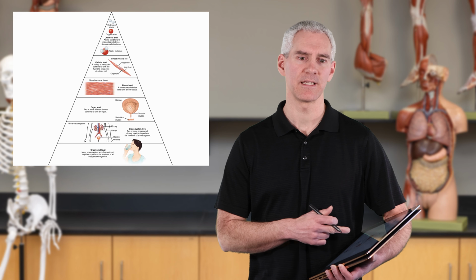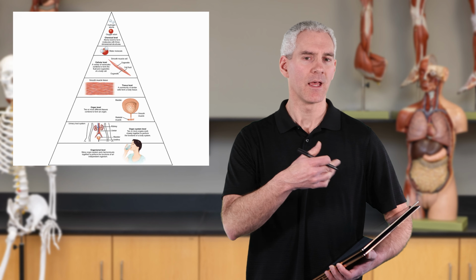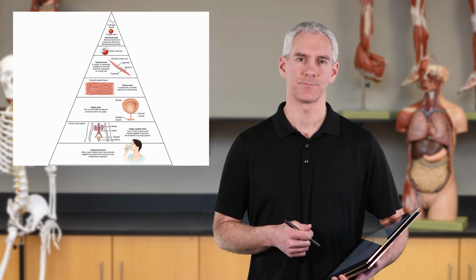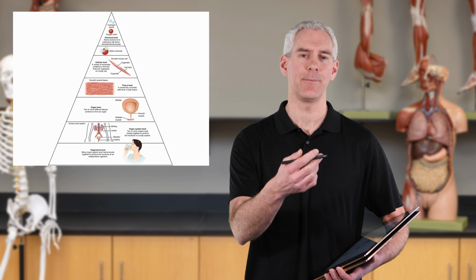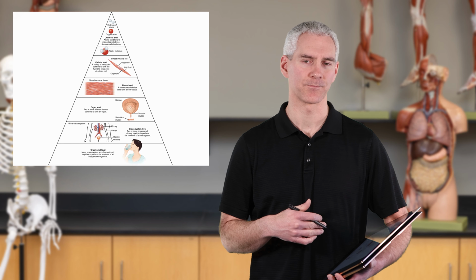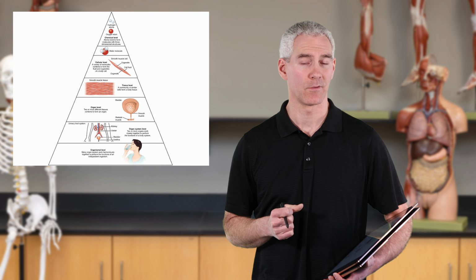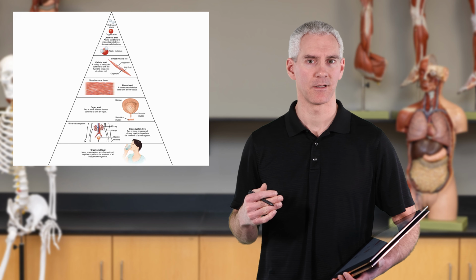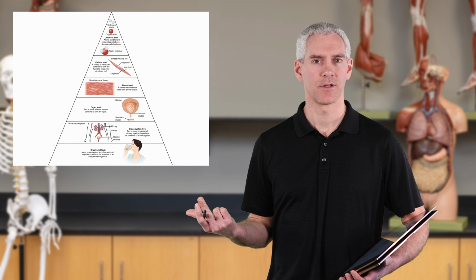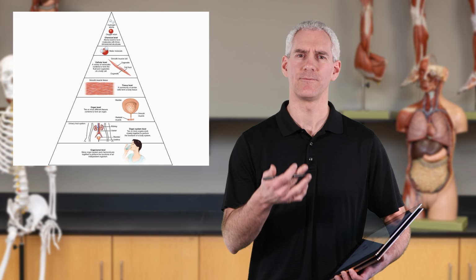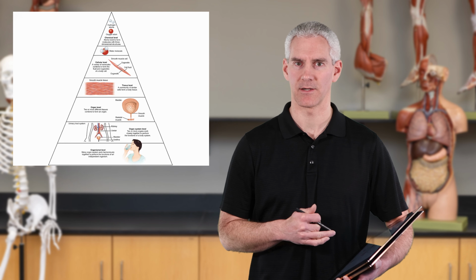So a little bit of organizational hierarchy. Here we have this kind of chart. Look at the very top, it's the chemical level. As you go from the chemical level working down, you notice heading down the chart gets wider and wider. Well, those things get bigger and bigger. By the time you reach the bottom down here, you're looking more at the organismal level. Just kind of a different way of visualizing those levels we just talked about.